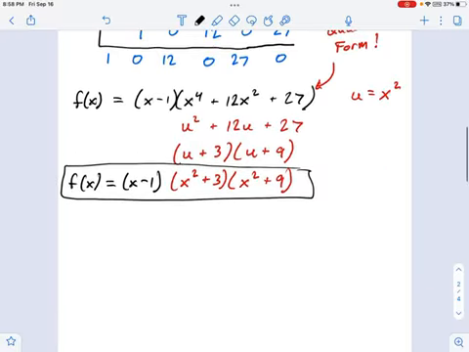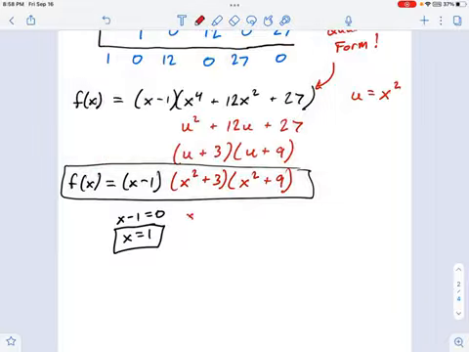We have to set each of these equal to 0 using the zero product theorem. So the zero product theorem says a few things. It says x minus 1 equals 0, if we're looking for solutions to the following, right? Setting the whole thing equal to 0. We're looking for solutions. So the first root is easy. x equals 1. No problem. We've done that a bunch of times.